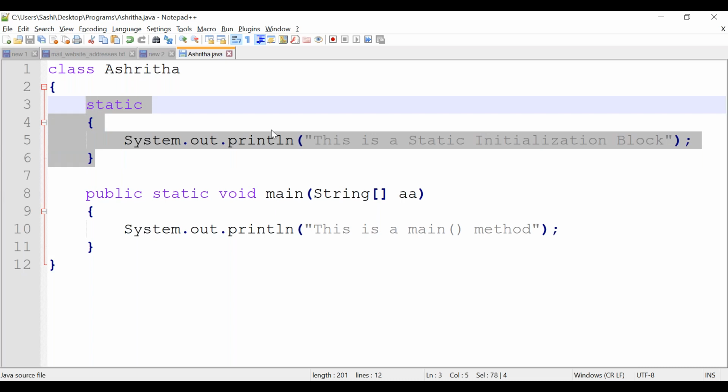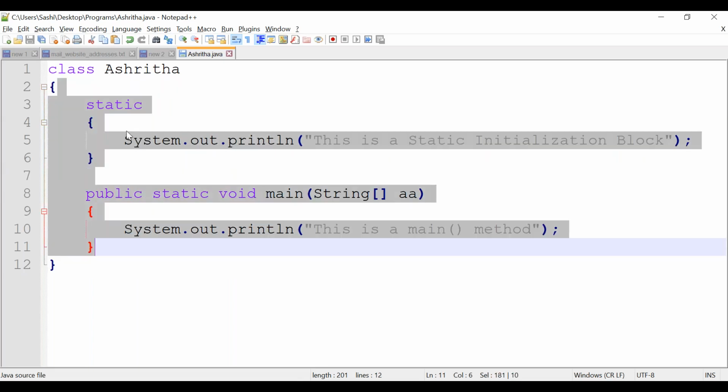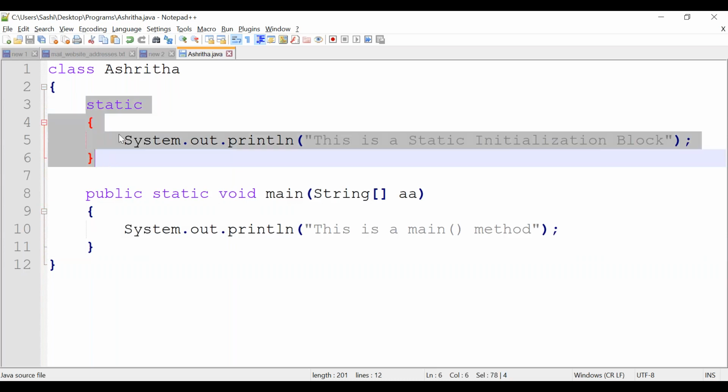Static blocks are executed before the main method. So first it will see inside the class, is there any static block? Yes, only one static block. The JVM will execute this static block.